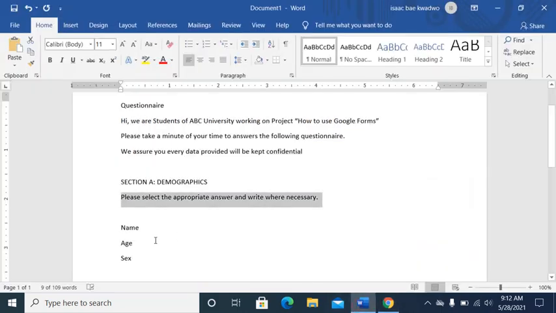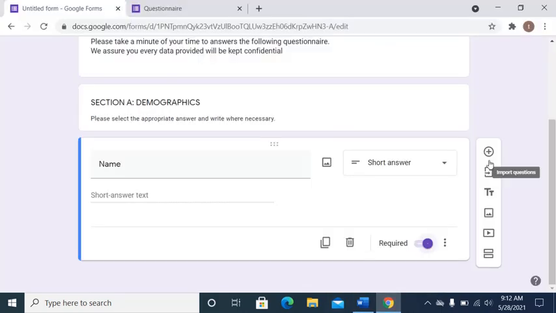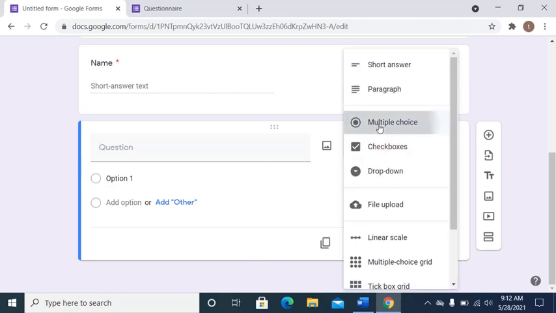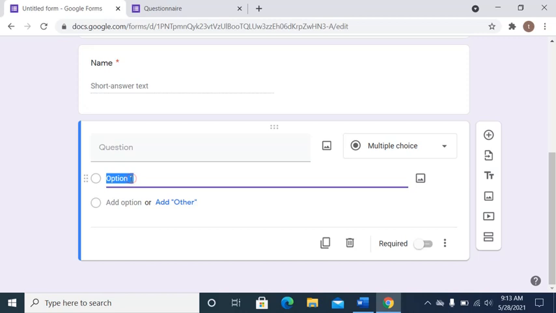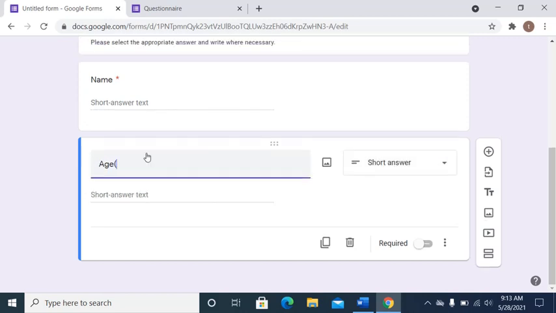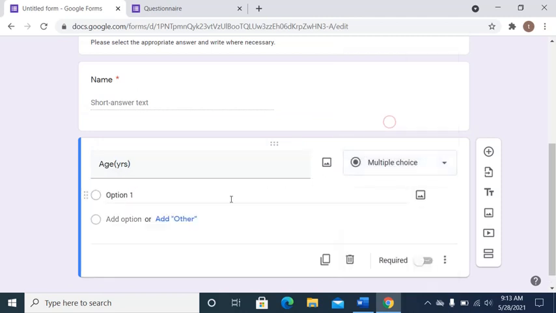The next question is age. So let's add age. The age, we want to give them a range. So let's add some ranges by selecting multiple choice. So let's add the age in years. So let's add multiple choice. Say, okay,